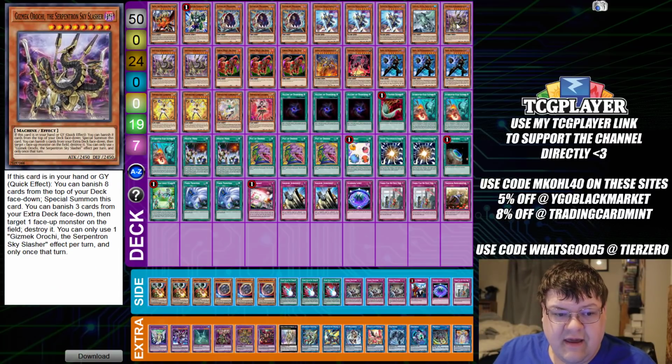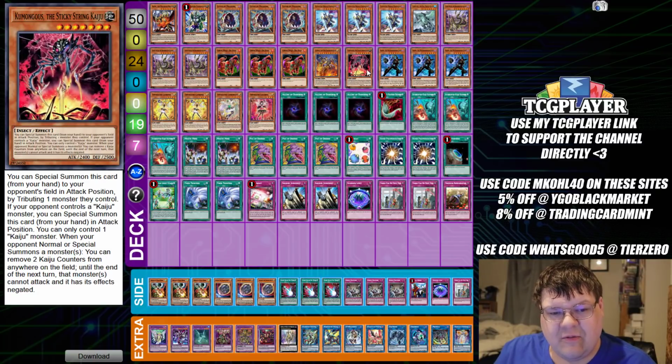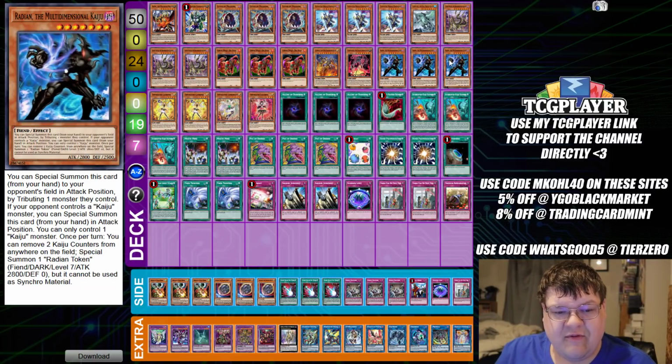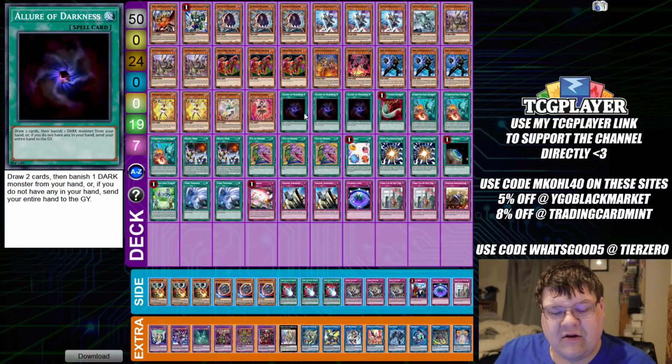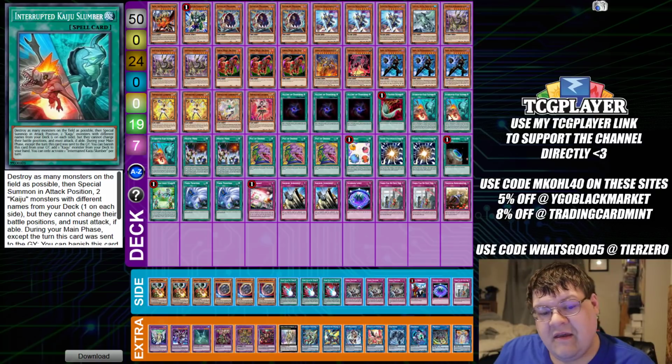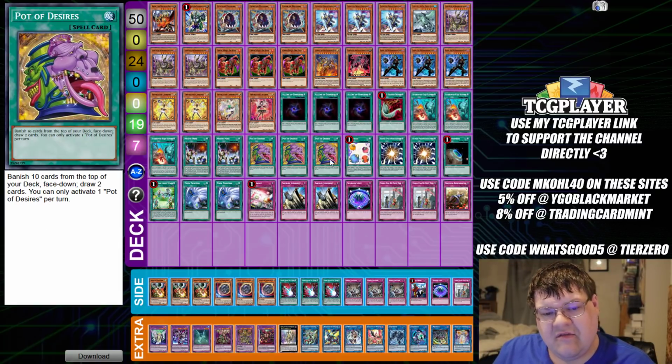Phantasme, 1 Gamma Steel, triple Orochi, triple copies of Grand Manju Diaiza, thank you, original OTKs, 1 copy of the Jizukuru, 1 Kumamungus, triple copies of Radion, 2 copies of Candina, 1 Coral Bane, 1 Licorice, triple copies of Allure Darkness, 1 Heartbeast Featherduster, triple copies of the Interrupted Kaiju Slumber, 2 copies of Mystic Mind, triple copies of Pot